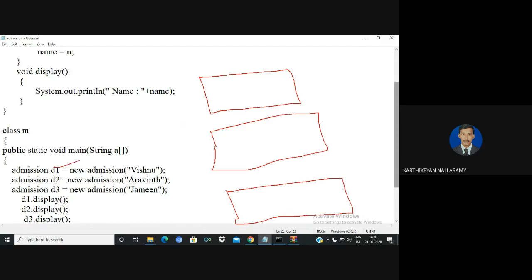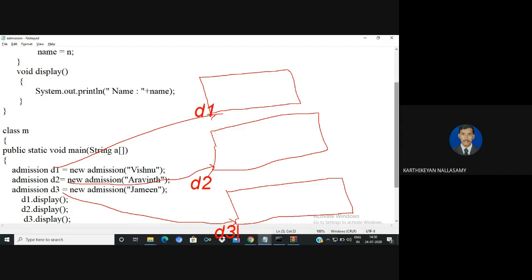So D1 points to here, and D2 points to here. So you know that separate memory is allocated for every object. So this is for D1, this is for D2 and this is for D3.